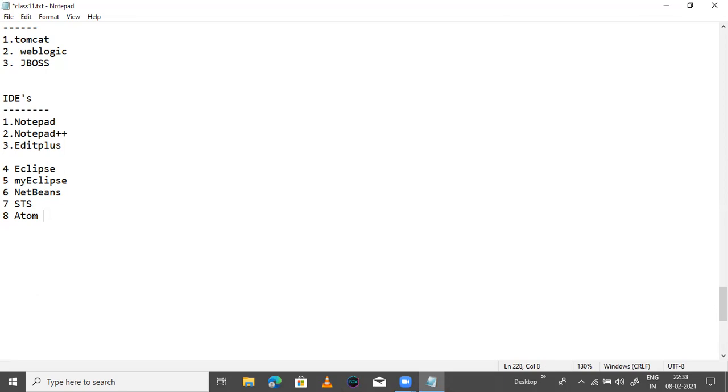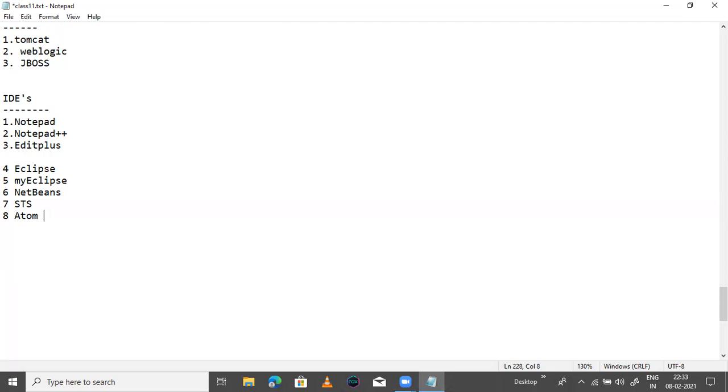For advanced Java, advanced development, you can use IDEs. But if you are a learner, you should use Notepad. Do not use IDEs like Eclipse. Why? Because if you use the Eclipse IDE, then you will get everything prepared and you do not prepare it with your own hands.